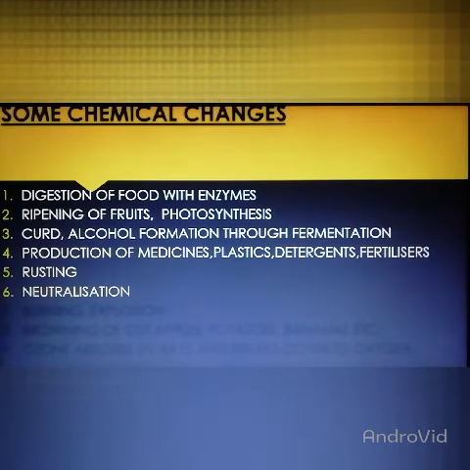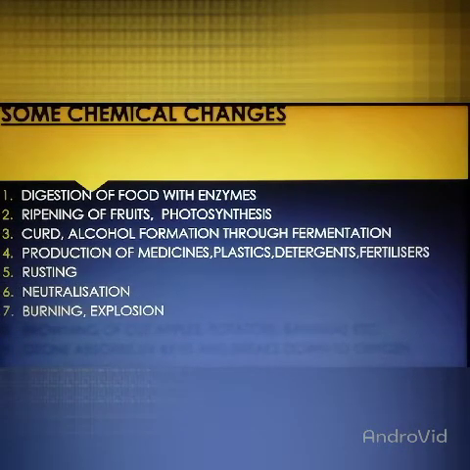Now, during neutralization of acids and bases, an acid and a base react to form salt and water. So this also is an example of a chemical change. Now, burning and explosion are also chemical changes, right? If a log of wood burns or if there's an explosion, ash is produced and gases are released, right? Smoke is produced, sometimes heat and light. In explosion we get heat and light and sound, isn't it? So these are all examples of chemical changes.